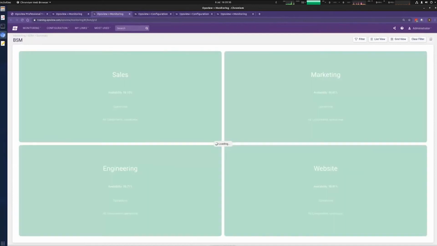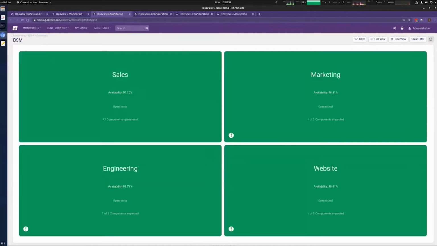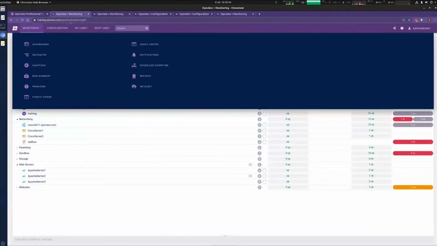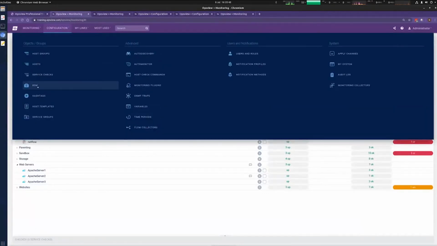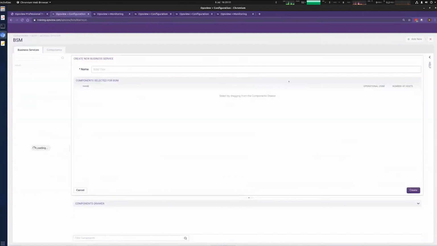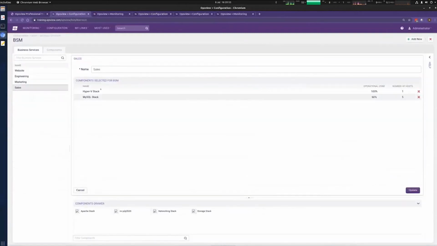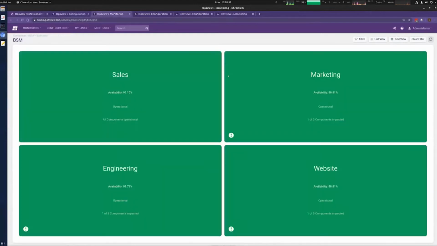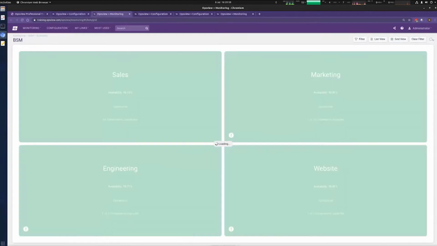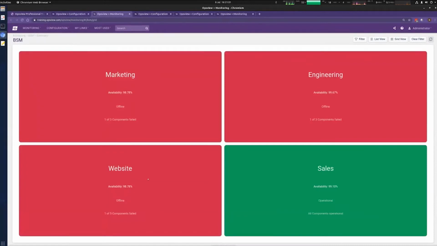So you can see that it impacts all 3. It's this marketing system, this website, and this engineering system. The sales system remains unaffected because it doesn't use that Apache component. If I was to drag the Apache component in, it would start to use it. And we see that they all go offline, and they all have availability impacted when 2 of the web servers